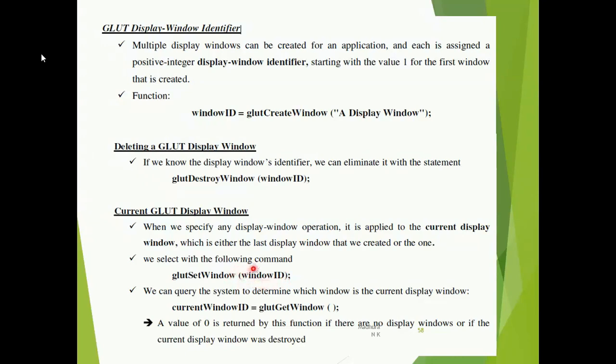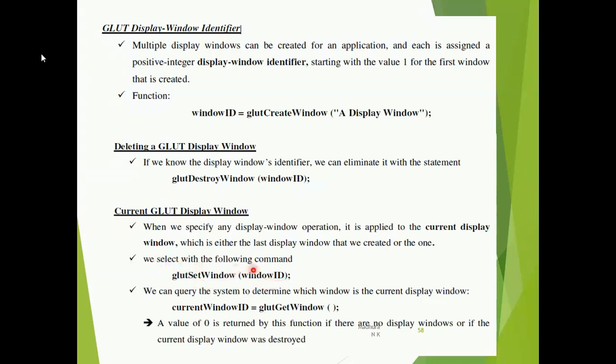Then again you have to call the function glutSetWindow. Here again we assume that we have multiple windows, and we call a particular window to the front using an ID that is already defined for that window. So that is glutSetWindow with the window ID.